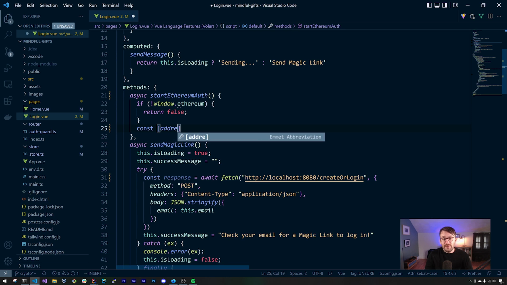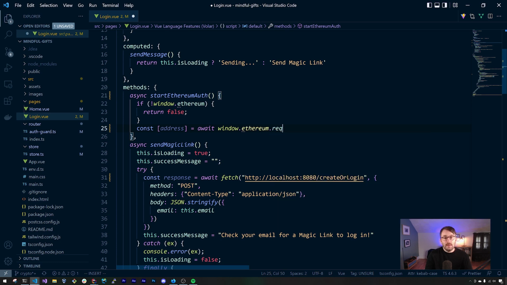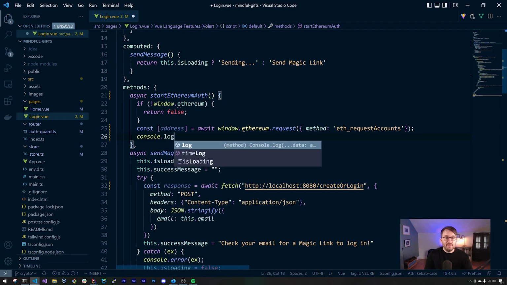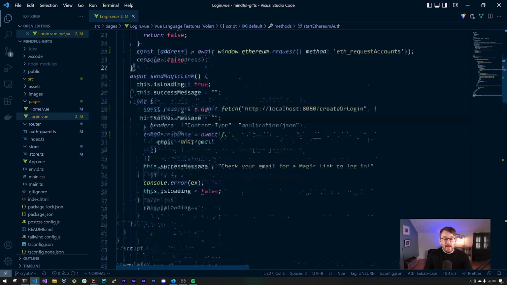And so we can get the address by awaiting window.ethereum and we can call request here, specifying a method with the name eth_requestAccounts. Okay, and if we want to see how that works, for now, let's go ahead and console log that address. So at this point, we have started a method called startEthereumAuth,